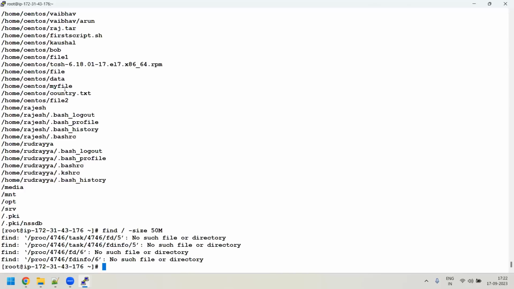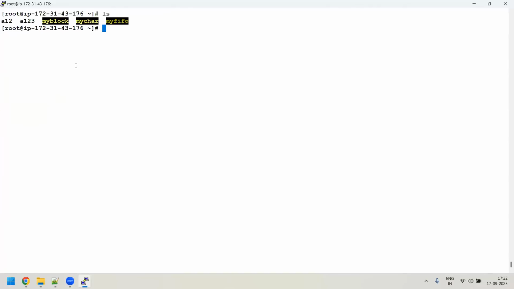Clear? Suppose, for example, you want to search for some type of file. You can search with the directory type, whether the file is a normal or regular file with the F option, whether the file is a symbolic link with the L option, whether the file is a block device file with the B option. So like that, you can find it actually. For example, here I have a char device, block device, right? Everything, right? I can run a find command